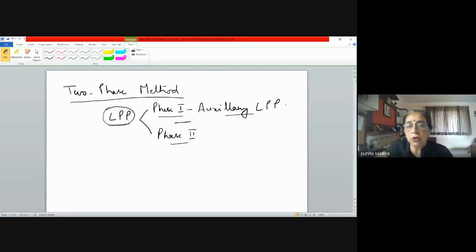Now, the only advantage here is that most of the time, at the end of phase one, you get to know what type of solution the problem is going to have. So in such cases you don't have to proceed to phase two. So basically, your two-phase method is less time consuming compared to your big M or the penalty method. That is number one. And number two, the two-phase method can also be used